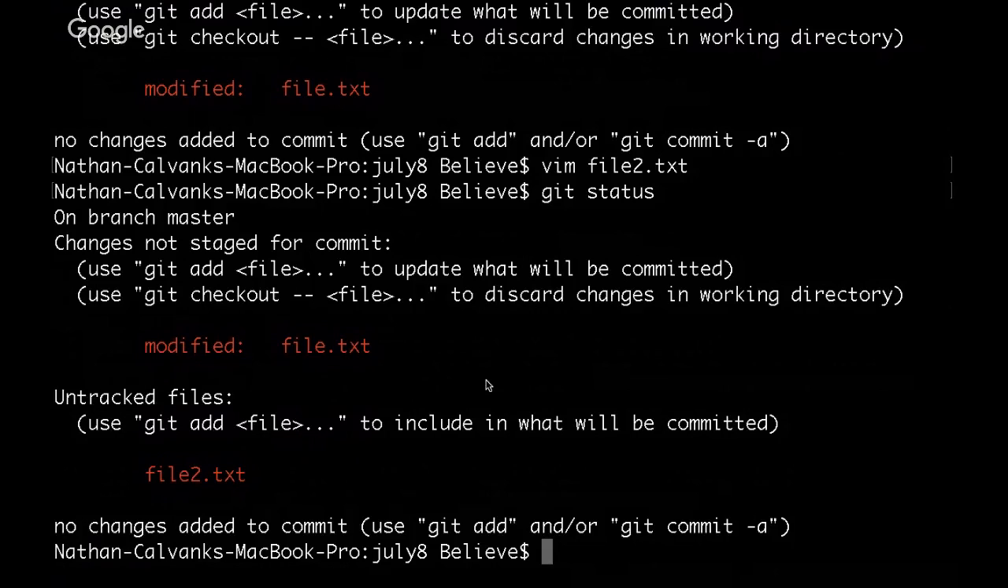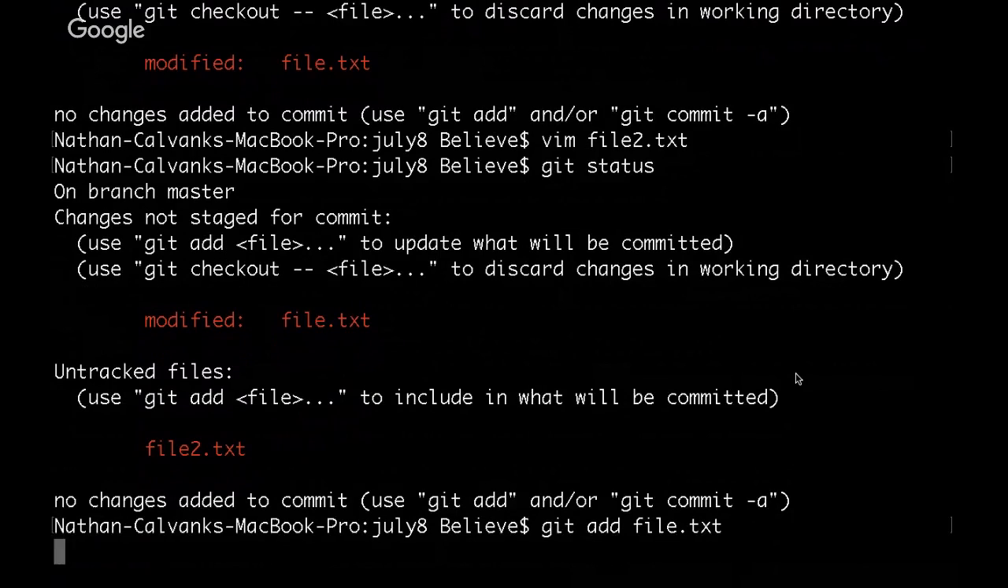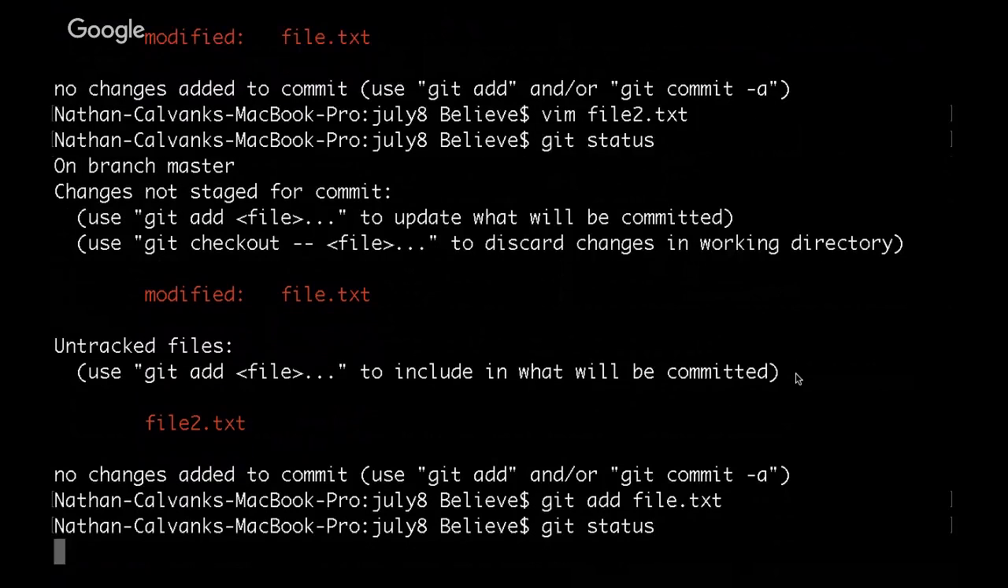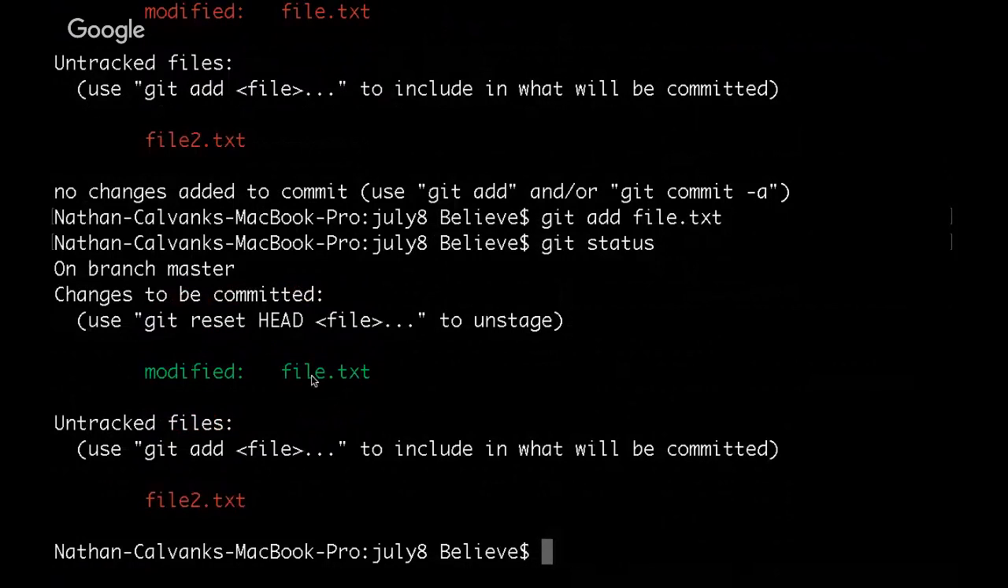So now this is where the staging area comes in. Let's say that my modifications to file.txt are something that I want to commit. And I want to essentially save those changes to my repo before moving on and making changes to file2.txt. I can go git add file.txt. And now if I check my status, I have file.txt's modified changes in the staging area, but I have an untracked file, file2.txt. And now if I commit,